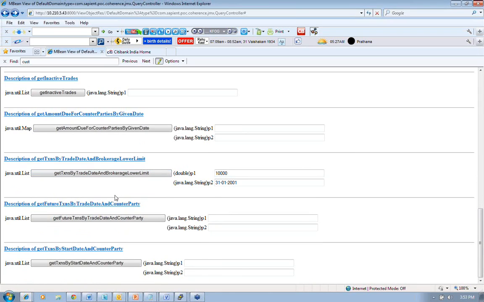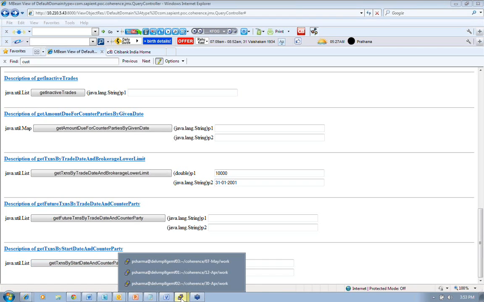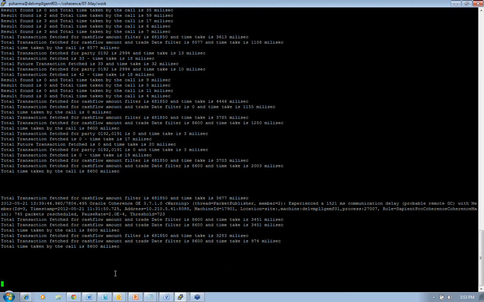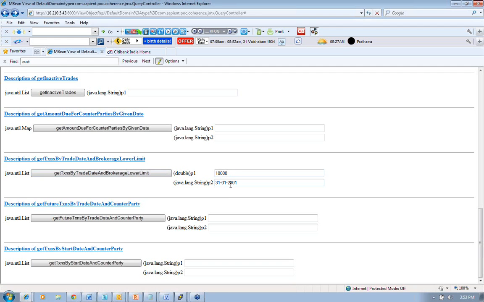I'm just going to click on a little heavier method now. For example, something like get transactions by trade date and brokerage lower limit will fetch lots and lots of transactions. I'm going to go to the logs, and we'll see how much response time we get for it based on the volume we return. I have set the brokerage lower limit to be 10,000 USD.